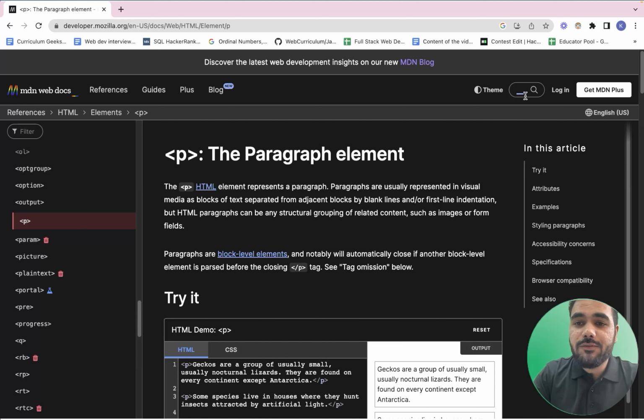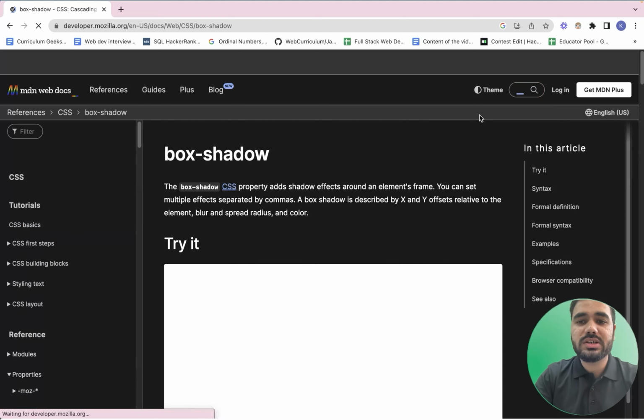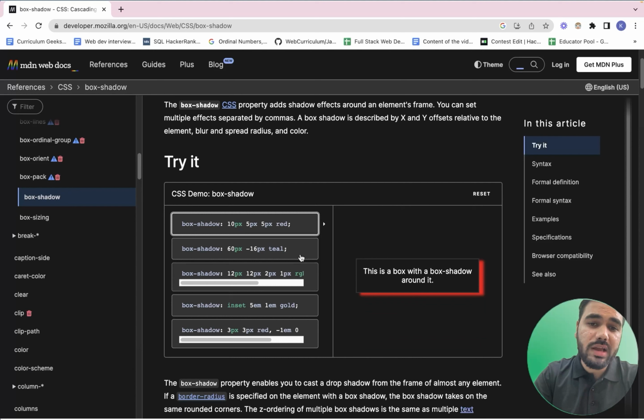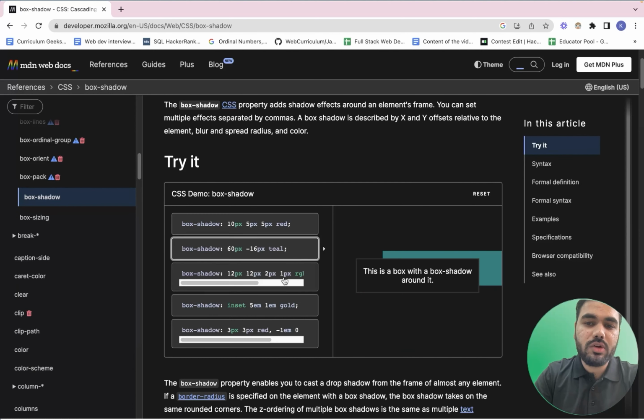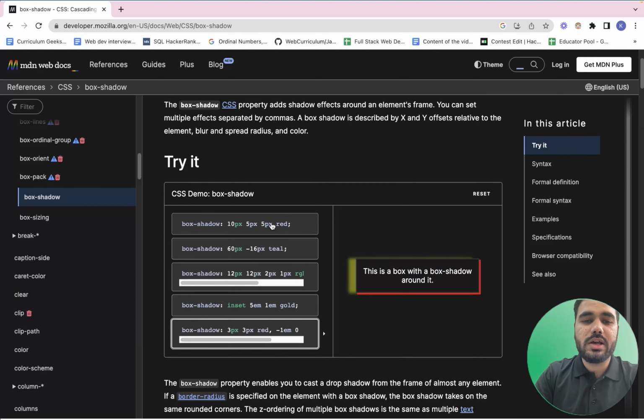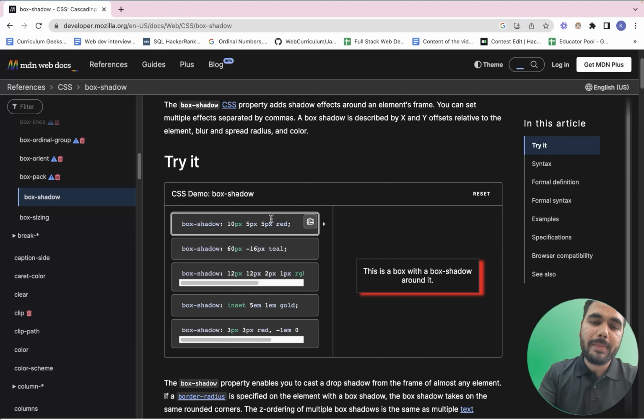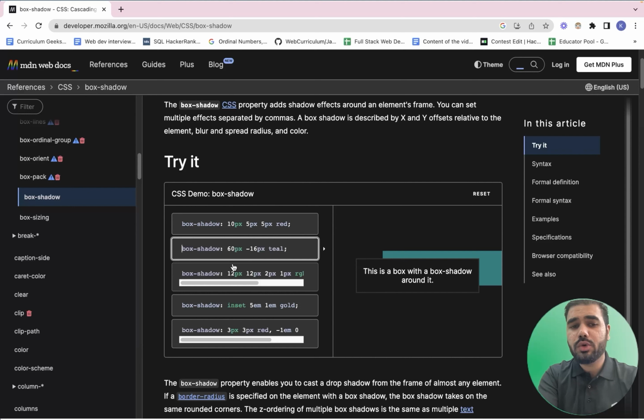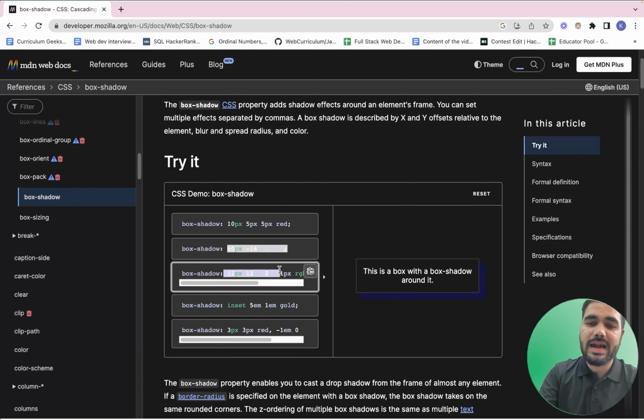Apart from that, in future, let's suppose I help you with box shadow, if I introduce a concept called box shadow, you can easily visualize. If you click on this, you can visualize the content. Okay, so this is also one of the best resources to have. Apart from that, we do not need to learn all of this syntax, all of these values. We have to play with the numbers and get the result. This is what development is.